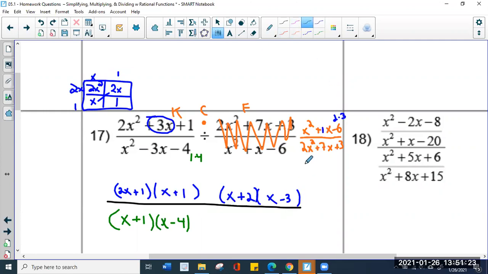Over here, if I box this one up, let's take a look. If I box this one, again, I have a 2x squared and a 3. This one's going to take a little more work because I need a 7. So to get a 7, I'm going to want to put the 3 here so I get a 6x, and I'm going to want to put the 1 here so I get an x. So now I do have, in fact, 7x. Now that I've factored that using my previous skills, now I can go and have my